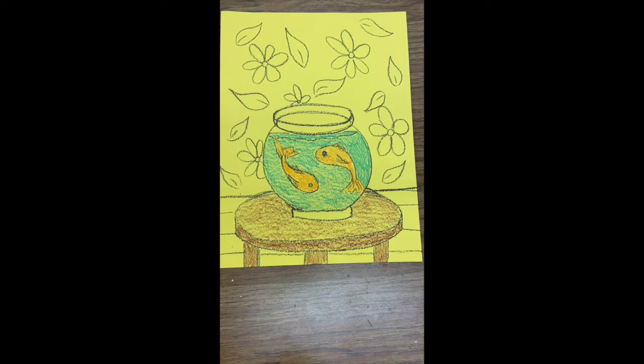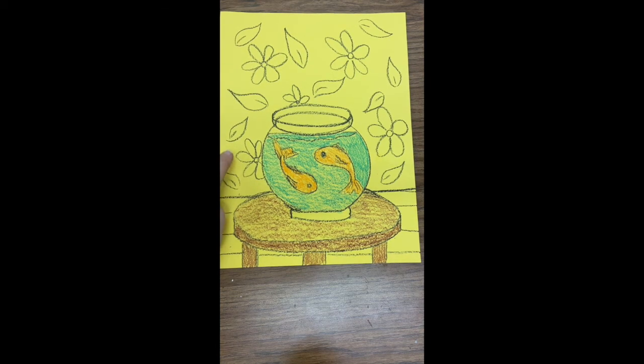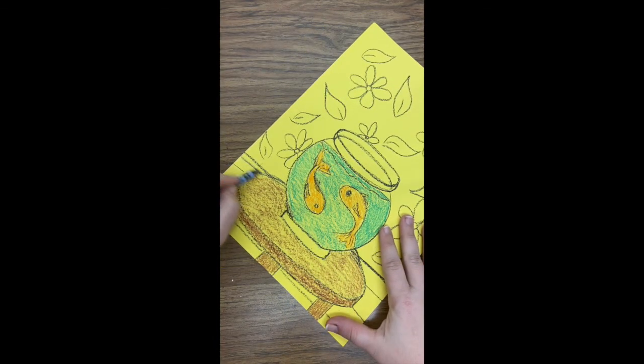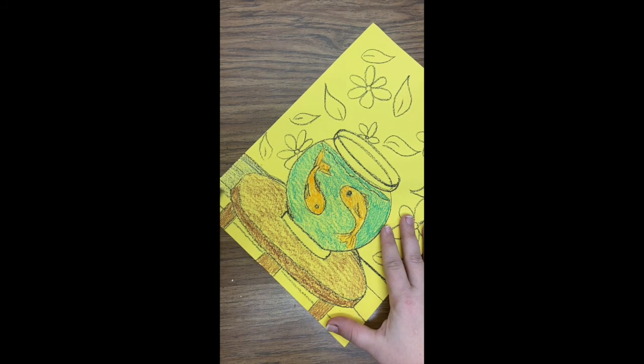Let's say I want to do my floor. I'm going to leave my background yellow. If you did it on a white sheet of paper, you might want to color the background a color. I'm going to do my floor. Let's say I'm going to do my floor dark blue, like an indigo. I think that'll be pretty. And I'm not pressing down hard, but I am coloring in my floor. And then